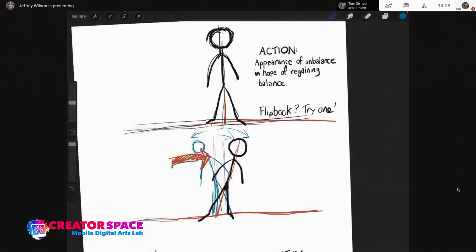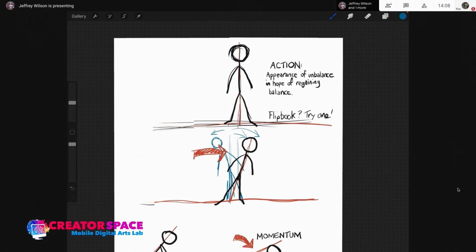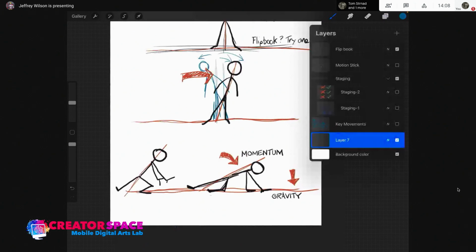And you can do this in a flip book. Try it out sometime, I would really highly recommend it. I wouldn't recommend doing it in school books if you're in school, but if you have a sketchbook, you can easily do this and create your character doing things, and you really learn a lot about animating and a lot about movement in doing that. Okay, so let's have a look here at